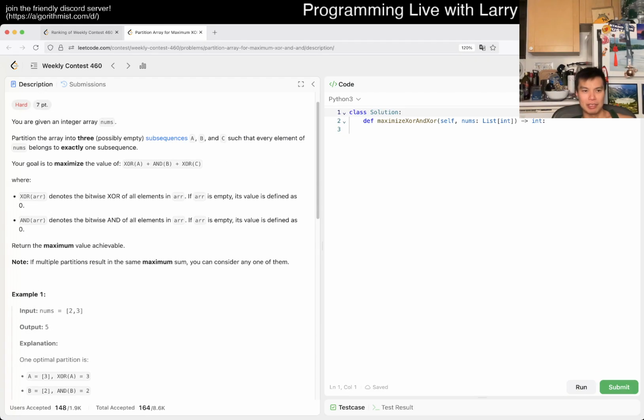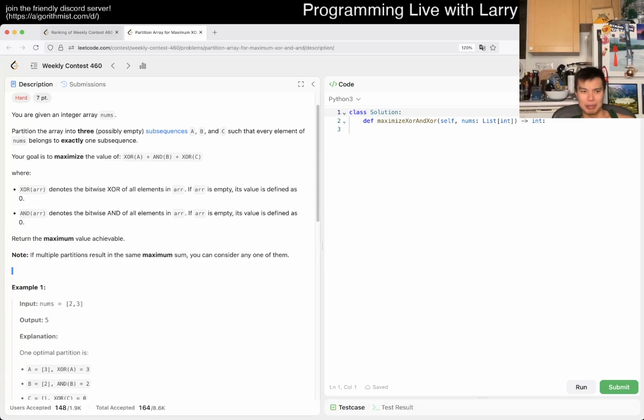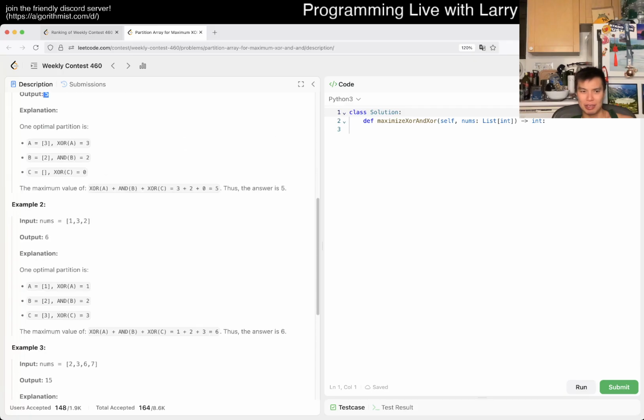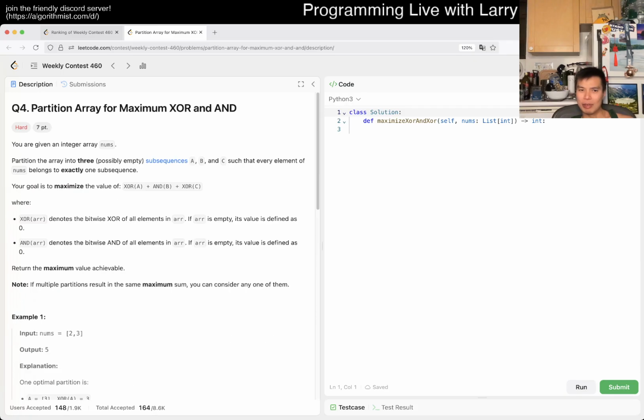I mean, I don't know why. Yeah, I'm just kind of confused about this line, because if multiple, you can consider any of them, but we're not returning the answer. We're just returning the number, right? So I don't know if they originally intended to write this a different way, but that's interesting. And like, they just forgot to remove it, left it in there. But